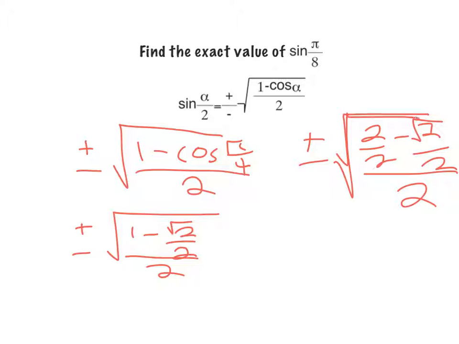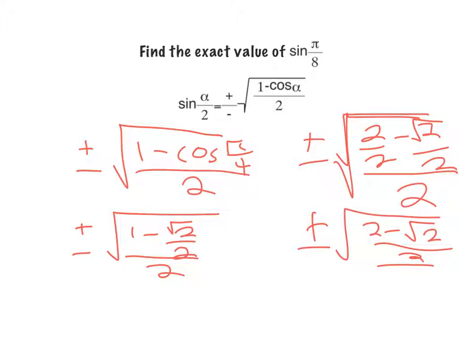And this is all square rooted. And from there, you just subtract and you get 2 minus root 2 over 2, over 2, which then turns into,